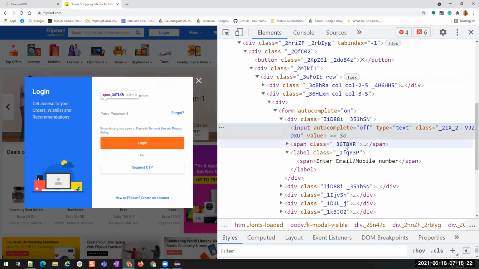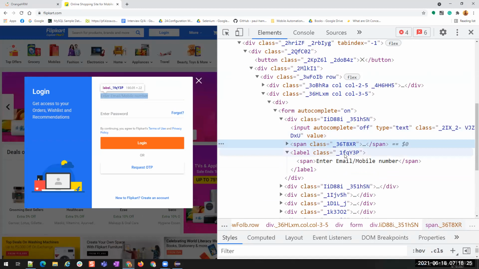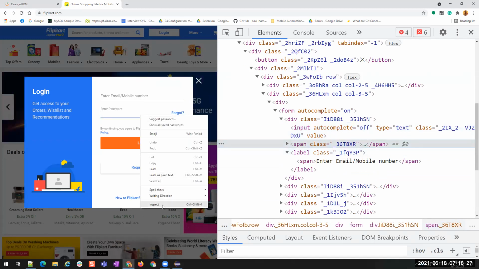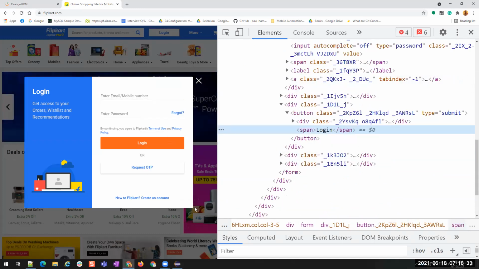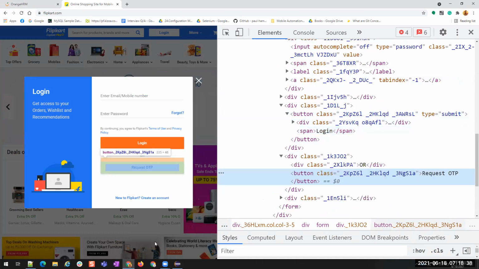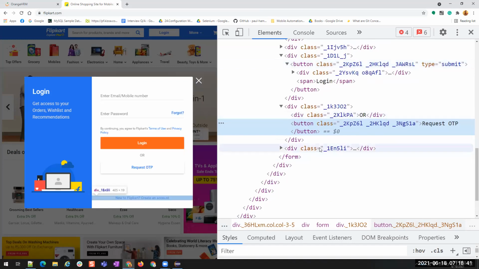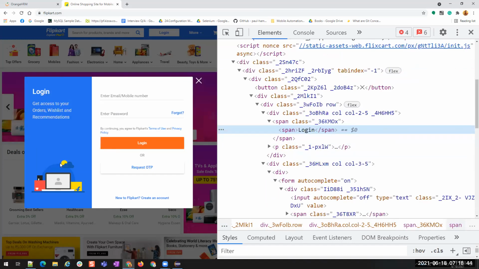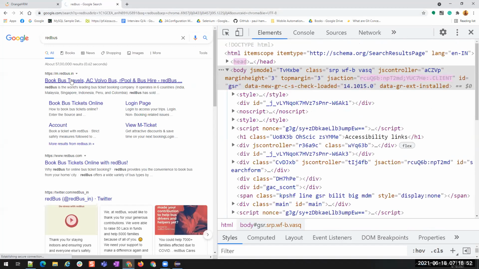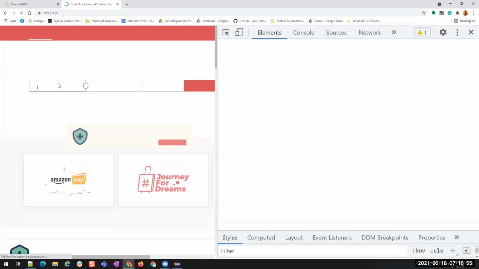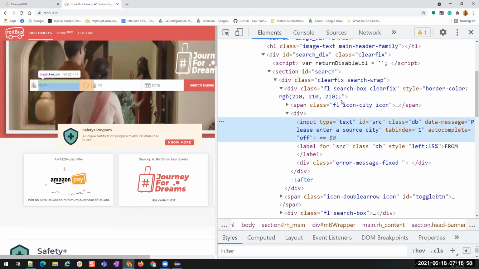We have them, but everything is in numbers. We do not have completely unique properties. So I'm just searching for some elements which I can use for starts with and ends with. No, nothing is in here. Just trying for some example so that I can show you in which situation we use starts with.